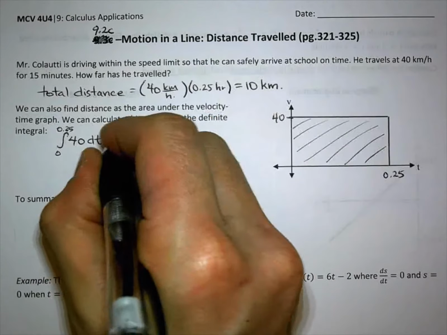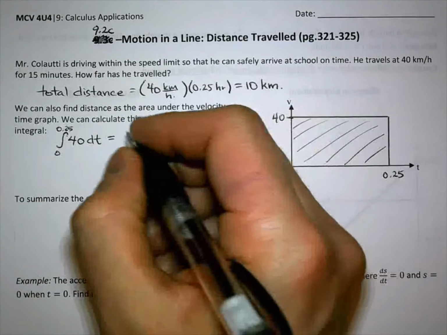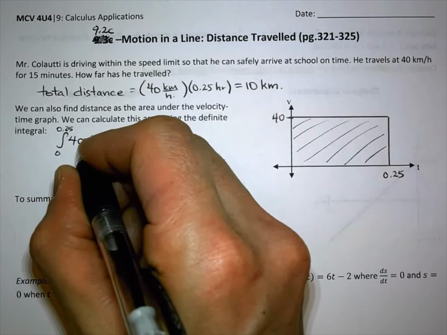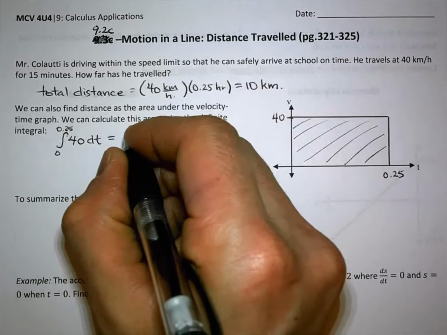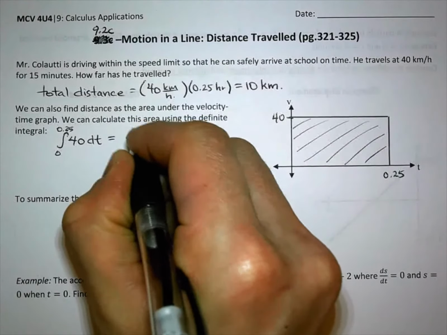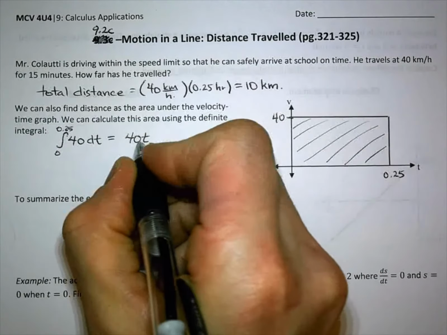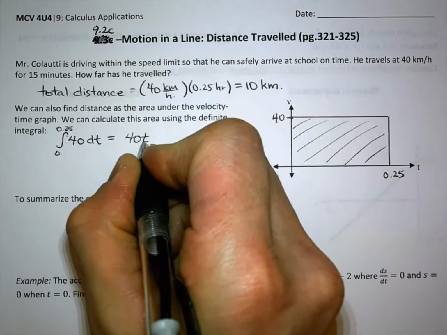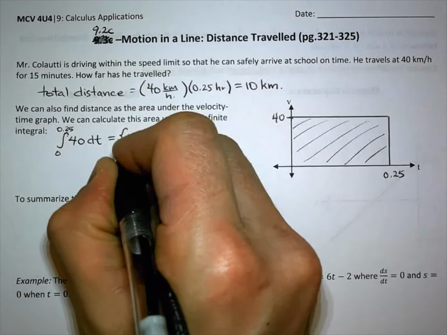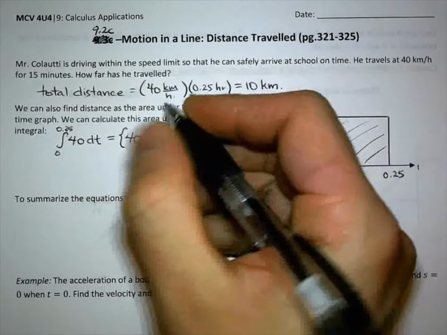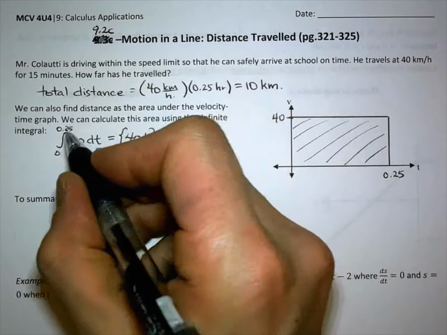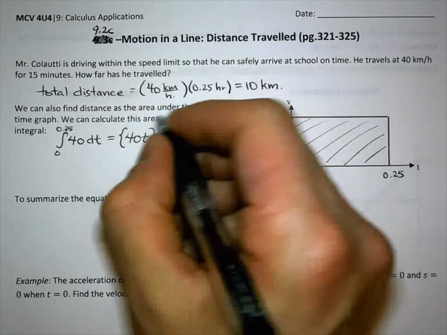So what's the integral of 40? Well, what do I take the derivative of to get 40? Well, it would be 40t. Do you want to check what's the derivative of 40t? 40. Good. And now this is the fundamental theorem of calculus. If you remember, we talked about this a few sections ago. If you want to solve this definite integral,